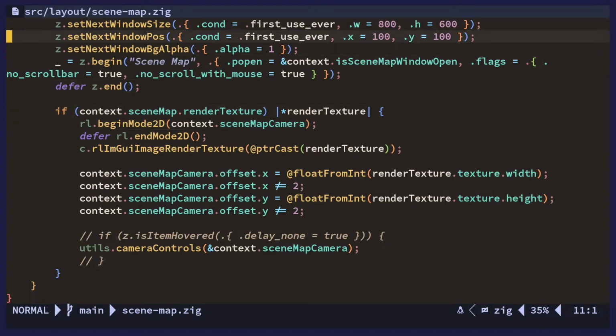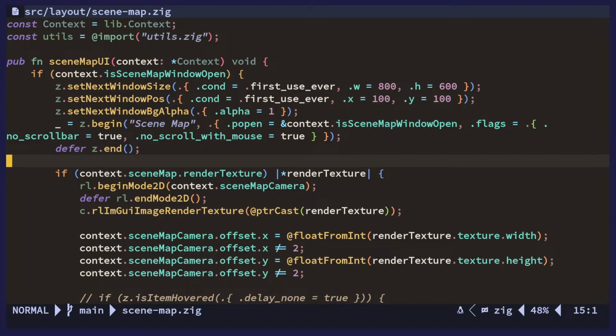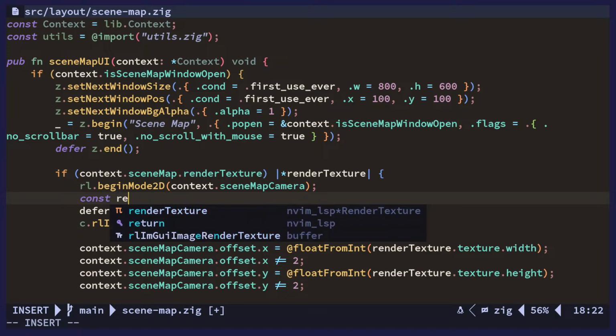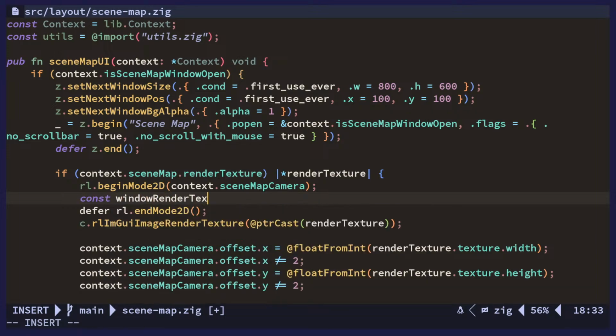We have to render a render texture every frame here. So we'll do render texture, or this is the window render texture. And then there's probably a way better way to do it, but